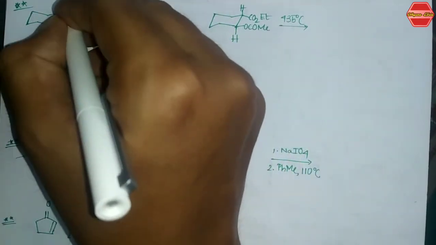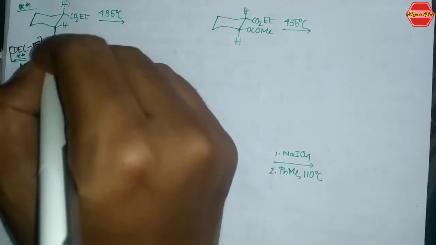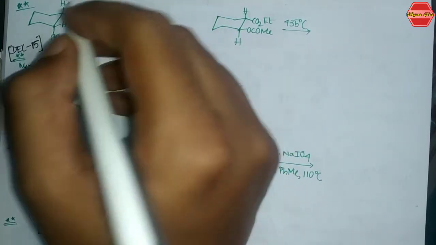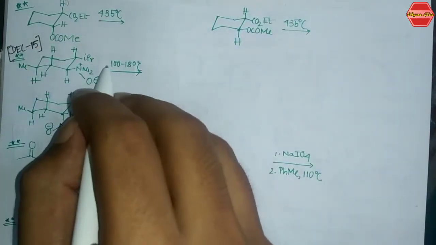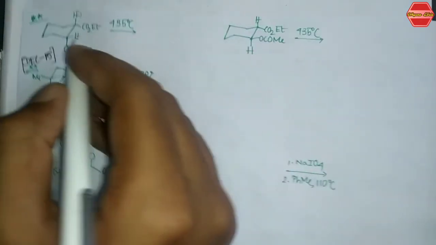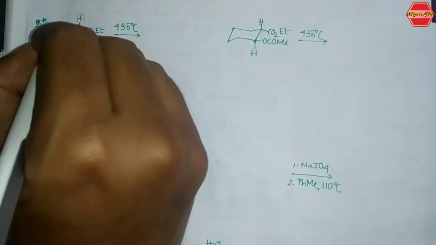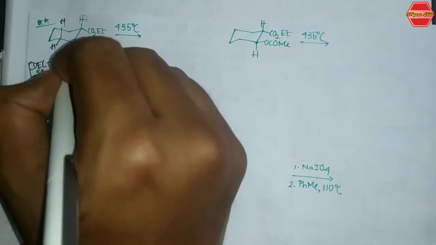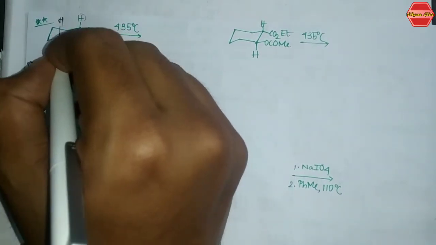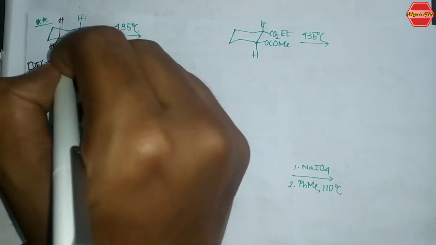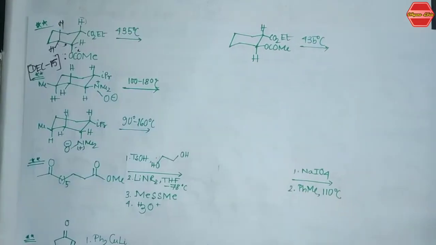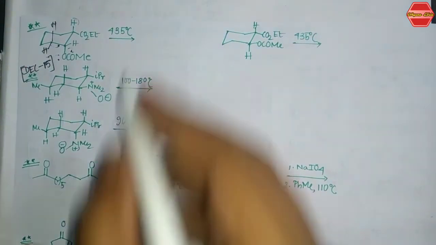So you can see this hydrogen and this OCOMe group are trans to each other, or anti to each other. So you know the concept of this pyrolytic syn elimination is that this hydrogen should be placed in the syn position. So you can see over here, this is your syn position, that is this hydrogen is syn to the group, and it will take a proton over here, and you are getting this, and it will leave from the system in this way, and that is what you are getting.